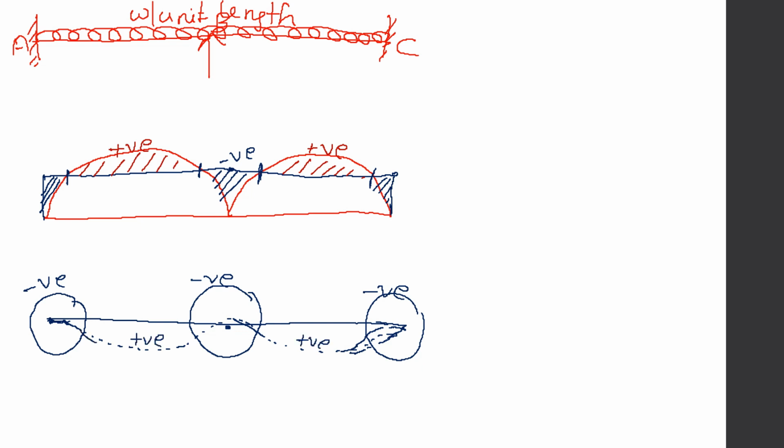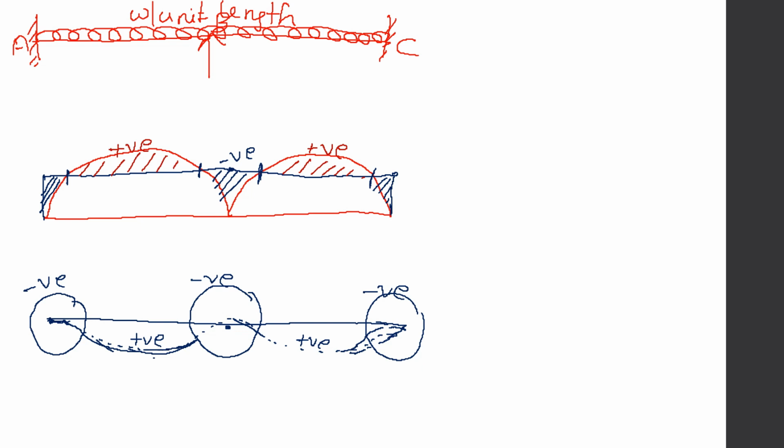That is, this portion is subjected to pure sagging, and the remaining portion for the negative bending moment, it represents hogging bending moment. That is the meaning of that. Now, see, we have to derive, or we have to find a relation for the moments at A, B and C.